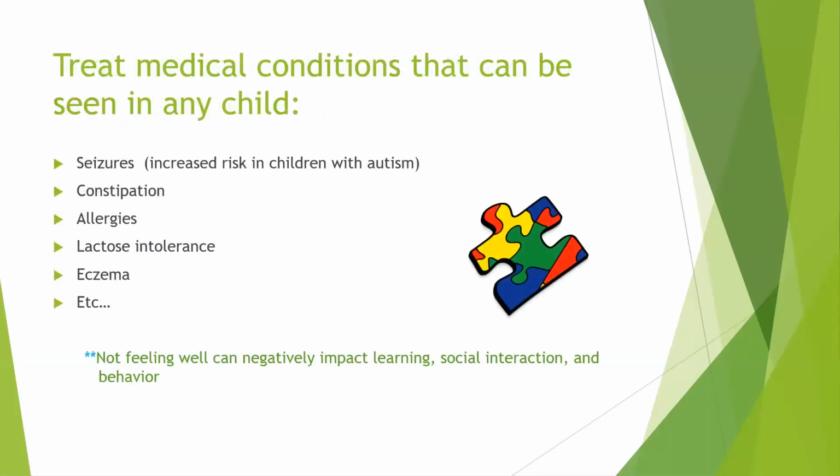Now, as part of the overall treatment of children with autism, we also have to look at the whole child. So, although there is the diagnosis of autism, we have to look at the entire child, meaning if there are any medical conditions that are also co-occurring, we need to treat those, such as seizures. There is an increased risk of seizures, by the way, in children with autism. Constipation, they have a lot of gastrointestinal issues as well, such as constipation,